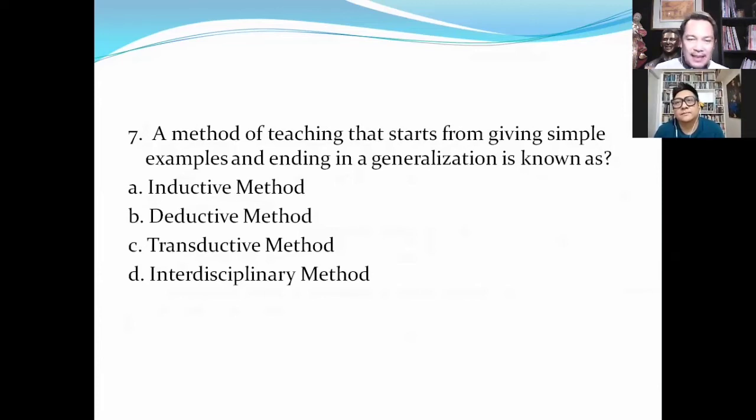It's a form of discussion wherein the teacher will present a particular topic based on the different views of disciplines. Halimbawa, they're talking about poverty. Okay? Poverty ang kanilang topic. So, the teacher will present poverty from the different vantage points. Say, for example, ano ang tingin ng economics when it comes to poverty? Anong tingin ng politics? Sociology. From the point of view of psychology, from the point of view of religion. That is what we call interdisciplinary method.